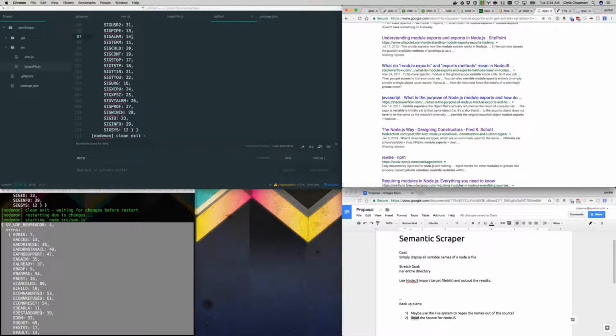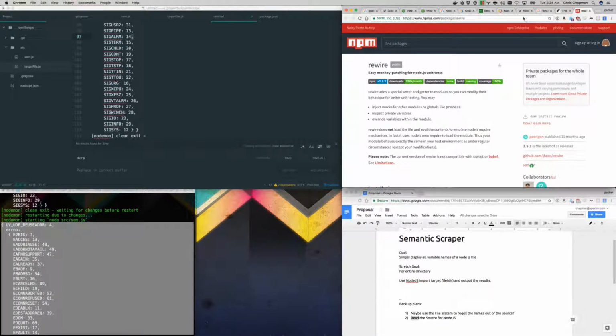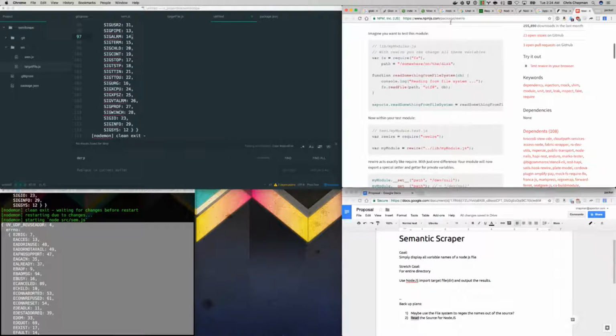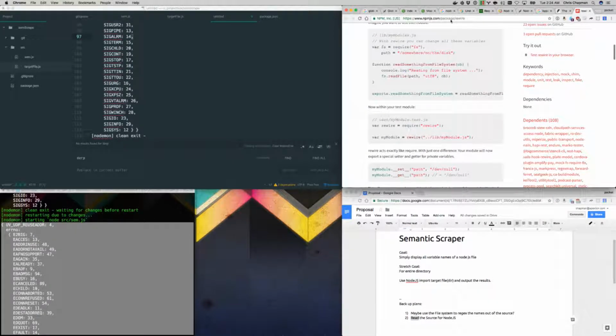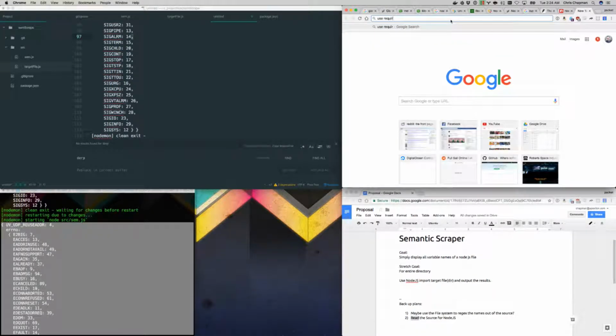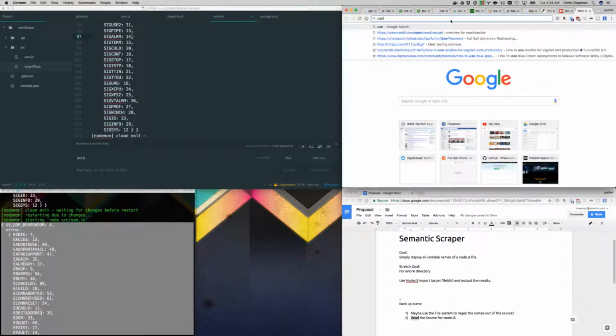Ooh, rewire. I hadn't thought of that. I don't know that it would do exactly what I'm looking for. So rewire is nice. It's a node module that lets you essentially rewire other functions. So for instance, and this is one I play with all the time, if you were making a debug tool and you wanted to set up a unit test to determine if that debug actually logged to the console or not, you can use rewire